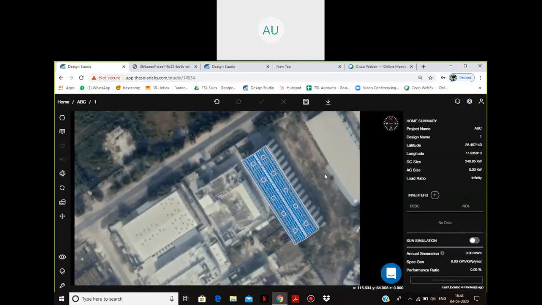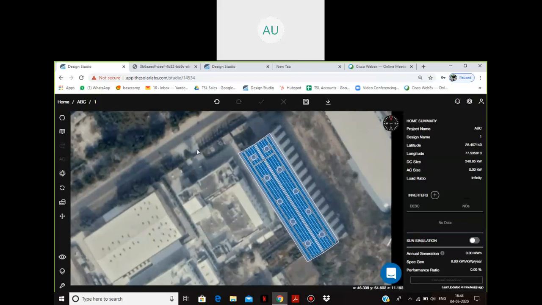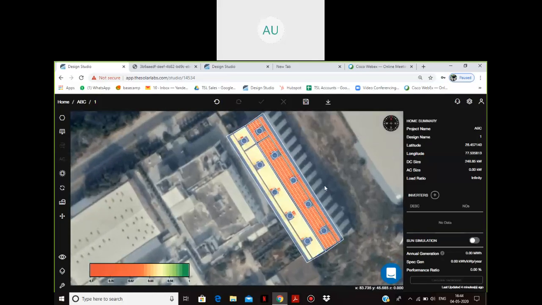I go back and now I want to optimize the system, so I'll go back and see my solar axis. I'll refresh this. So here you can see that the left portion of this shed is in a yellowish color, while the right portion is in a reddish color. This is because this side is declined towards northeast, and these panels are facing towards northeast, and these are facing towards southwest, not to south but still much closer to south.